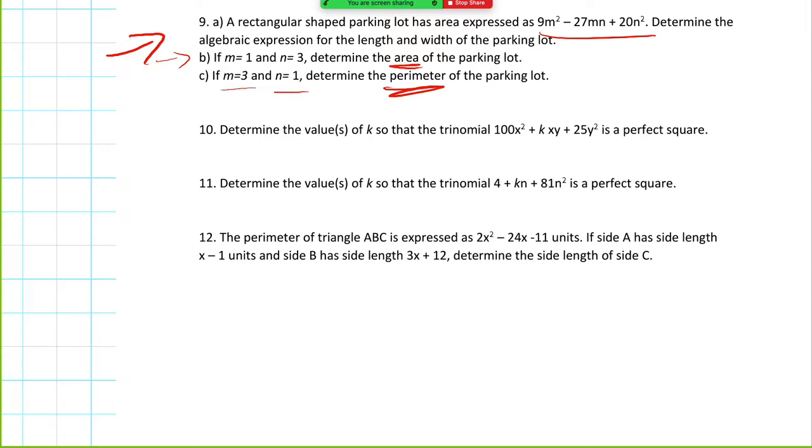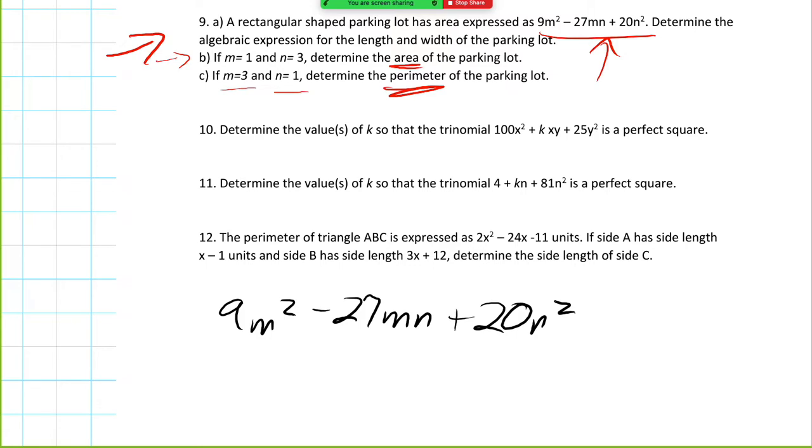So what's unique about this question is that we have two sets of variables in the expression. So we'll write it out here at the bottom: 9m squared minus 27mn plus 20n squared. Okay. What we'll do is, again, it's a rectangular shape,